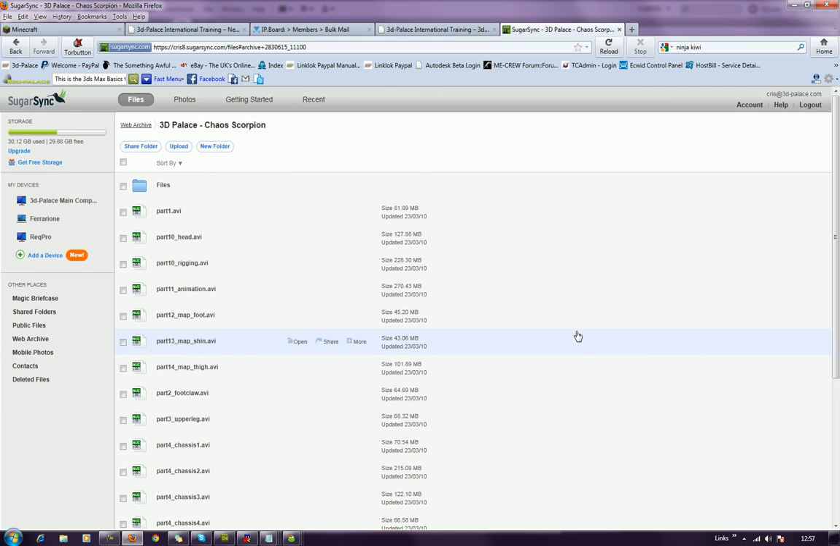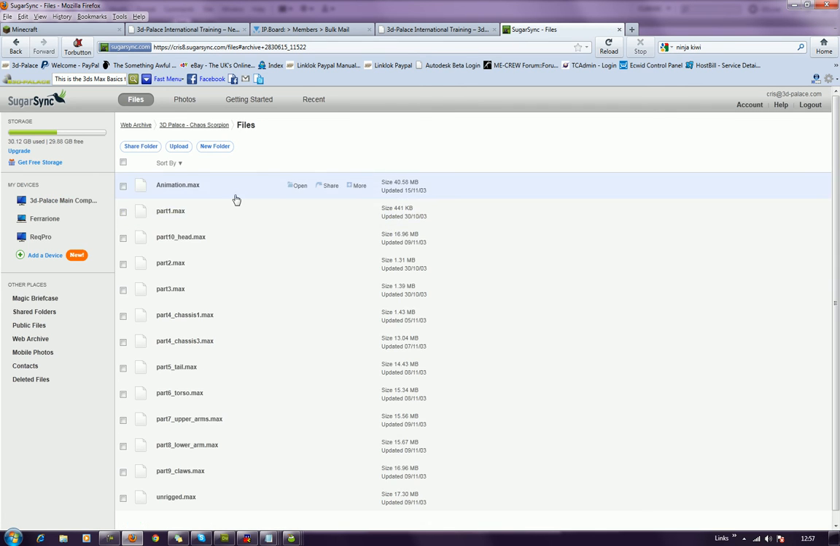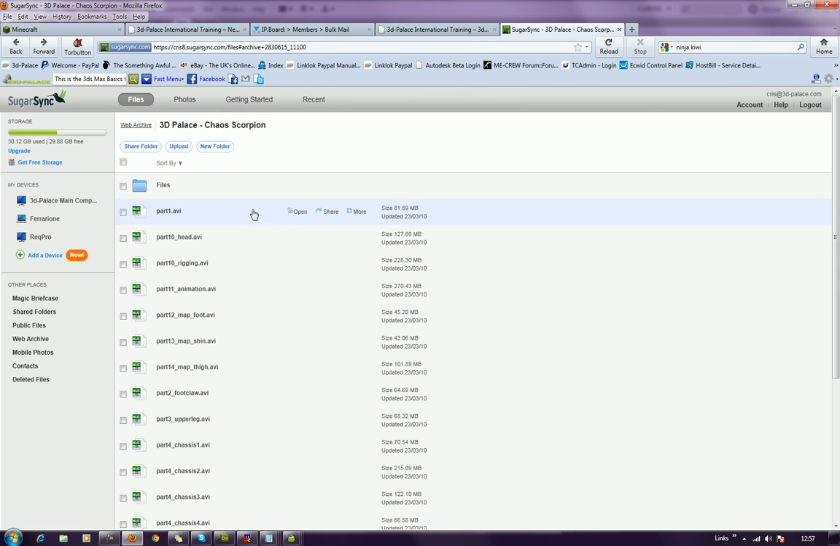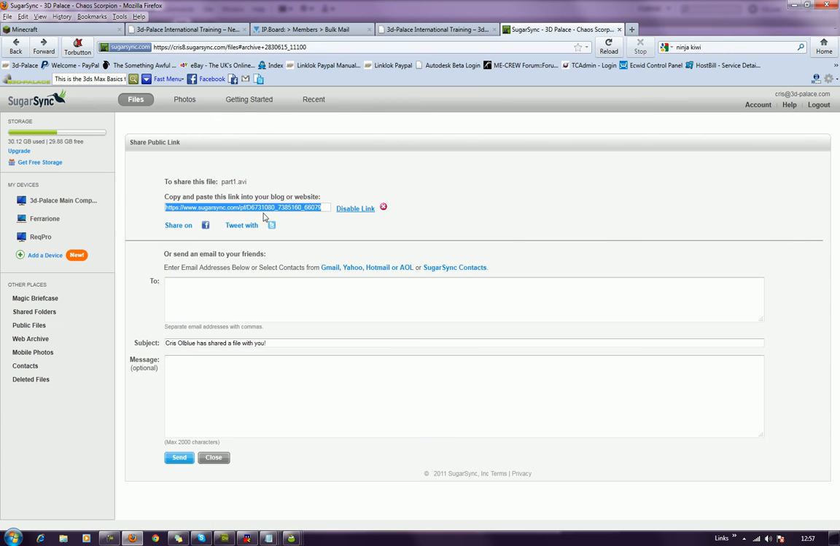So here's all the parts, yeah? And the files. I don't know what's in here. It's probably more of the same. Yep, here's the max files. Now, you can't just link the directory, otherwise all that happens is when people click on it, they're going to go to this page of SugarSync, and we lose them from 3D Palace. And if we lose them, then obviously we lose any possible revenue, we lose them coming back to 3D Palace, and we lose any comments. So what you have to do is go to part 1, click Share,